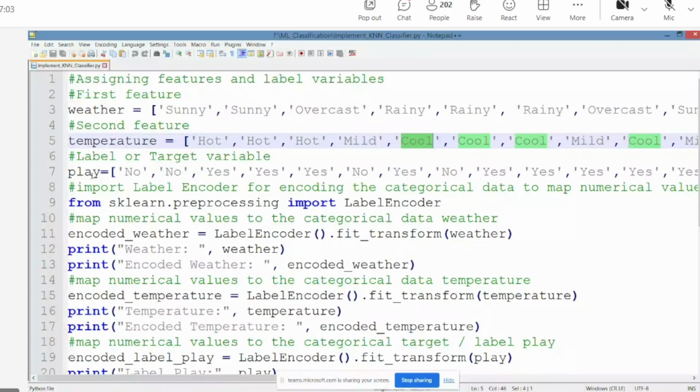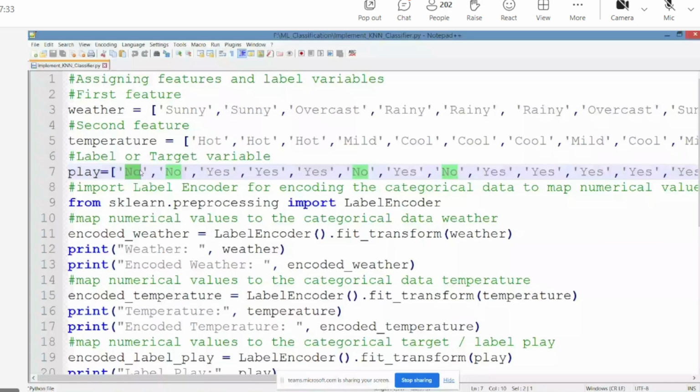Consider this is the target variable. Ideally, weather is one feature, temperature is one feature. Now you see the first value in weather, sunny, first value in temperature, hot. Outside it is very hot and sunny. Play: no, that means do not play. So in the data itself, play is the target variable. So this is very much applicable to supervised learning.